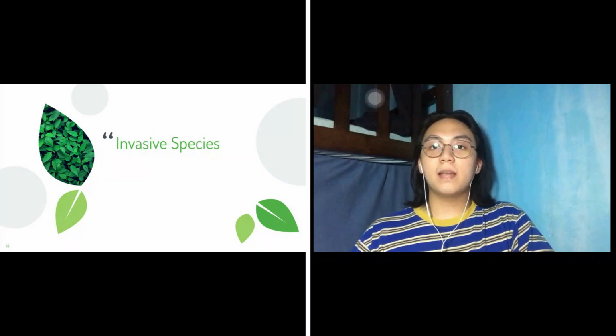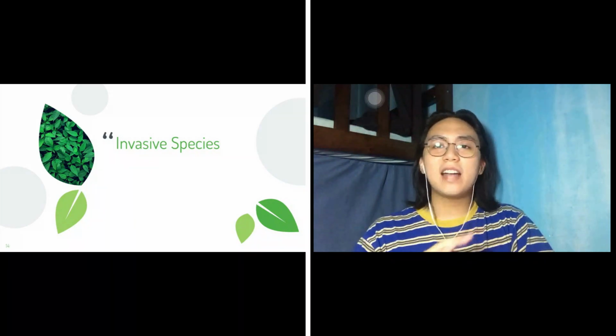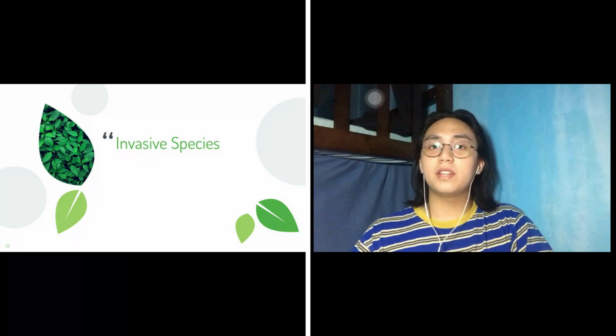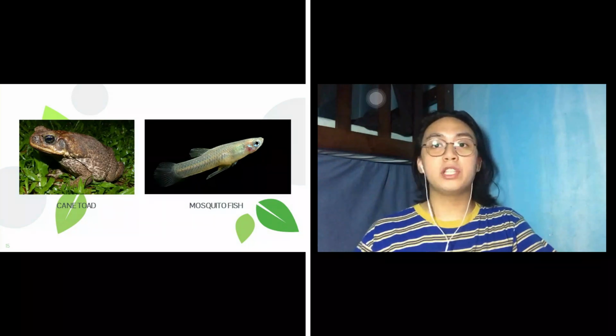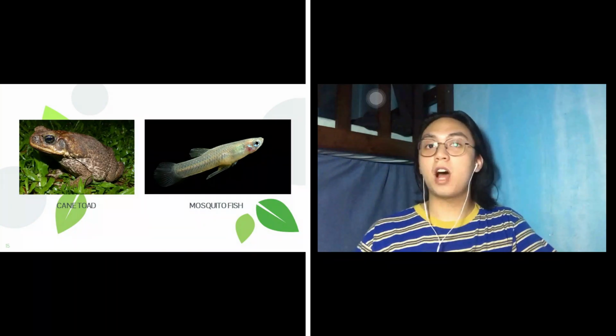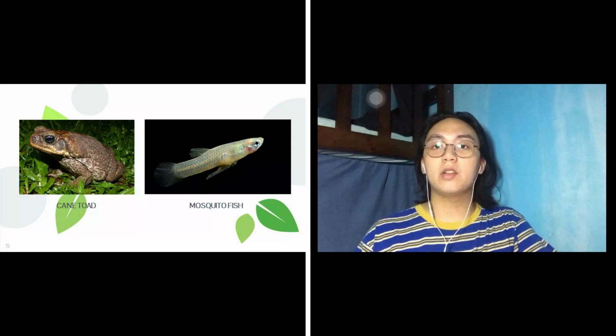These species are able to quickly adapt and take over entire ecosystems due to the absence of a natural predator or rapid reproduction. The existence of invasive species can cause direct and indirect effects to the environment and economy. The Philippines actually has the greatest number of invasive species present in Southeast Asia. Examples are the mosquito fish and cane toads, which were brought into the Philippines to fight off the dengue outbreak in